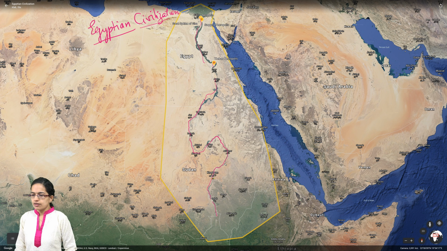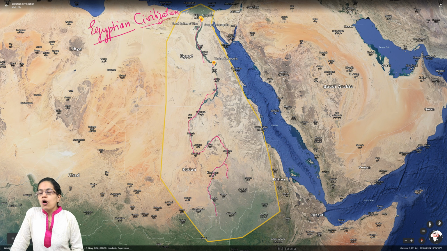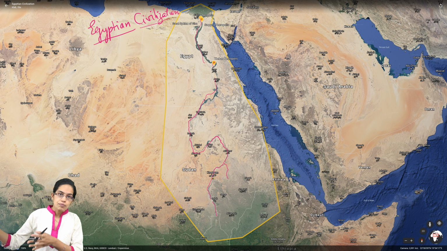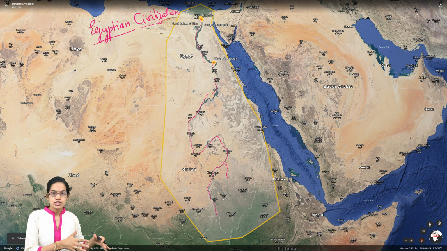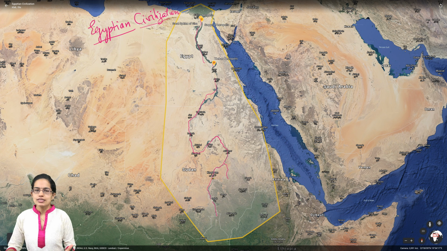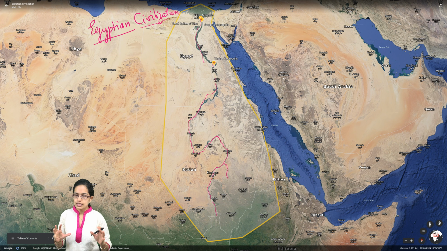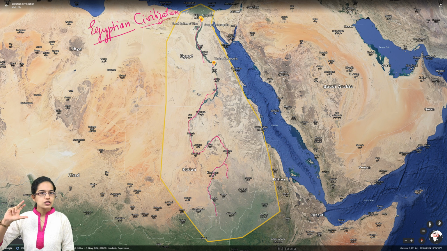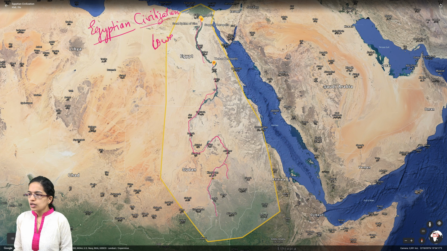This Nile river had tributaries, the Blue Nile and White Nile, which joined together to form the Nile river. Now, if we look at the picture of Egypt, the Great Pyramids of Egypt and mummification are some of the terms that you might have heard and come across. But to understand the story of Egyptian civilization in detail, let's understand the two major divisions: Lower Egypt and Upper Egypt.